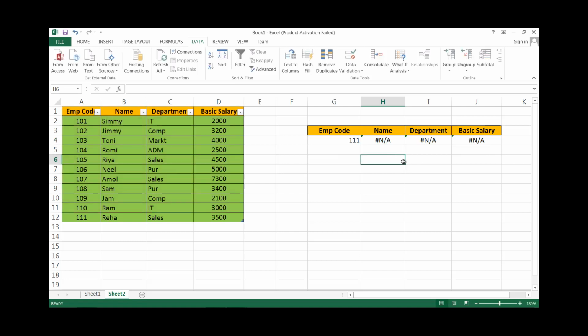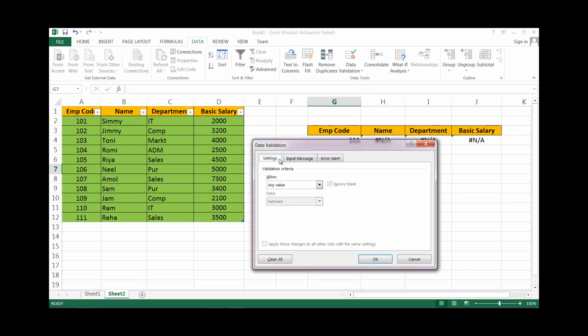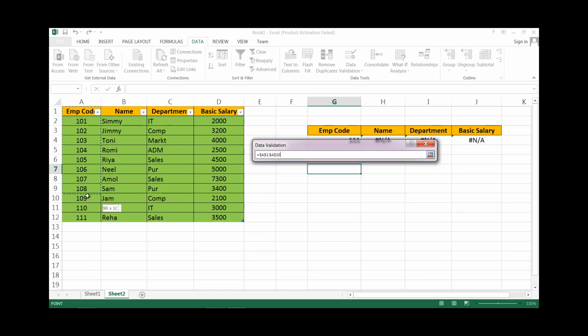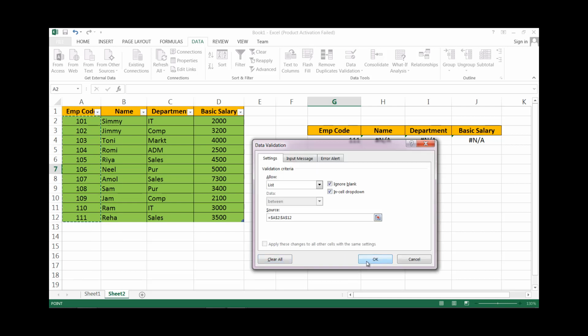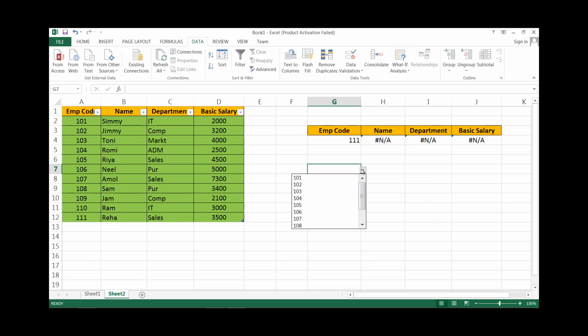But suppose here we again create a new list in source, employee code. Okay, after that in VLOOKUP we apply the formula.